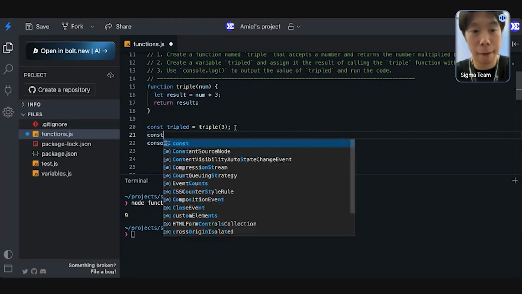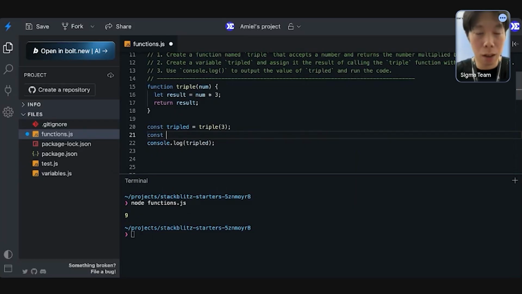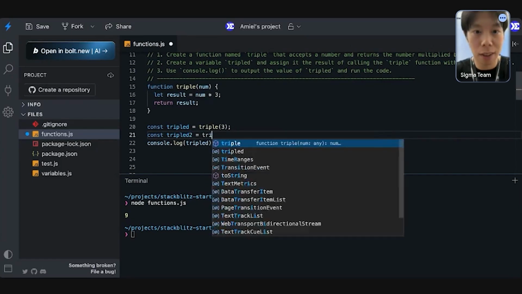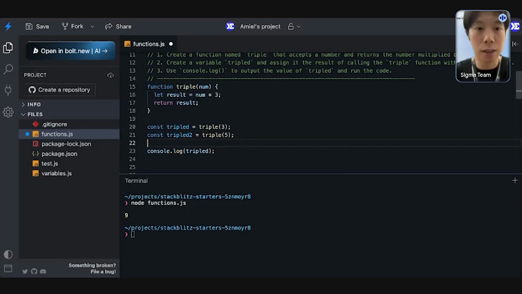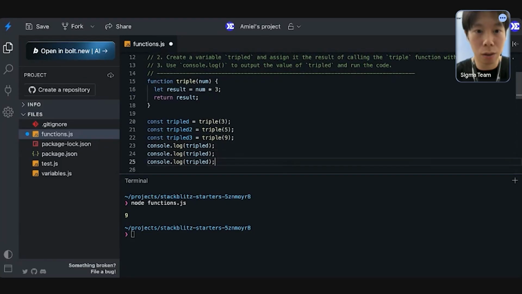Or you can actually do it this way as well. So let's say triple 2, and then you want to call this 5. This is actually the beauty of functions, right? Then you can do 2, 3.